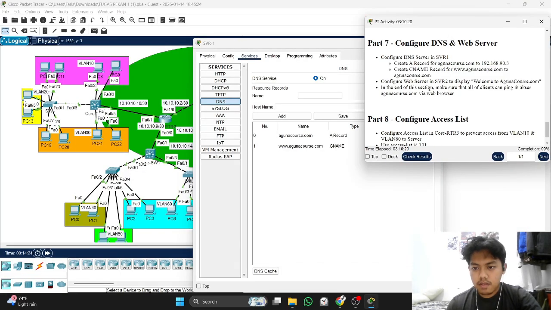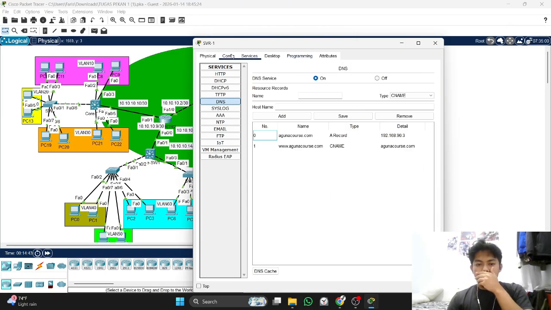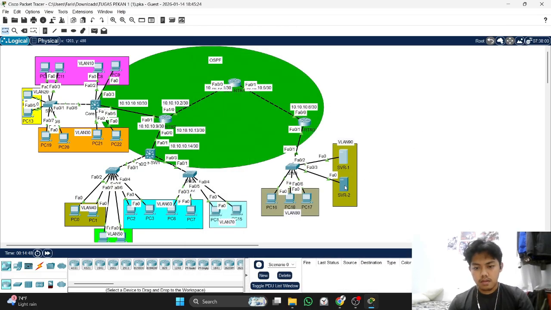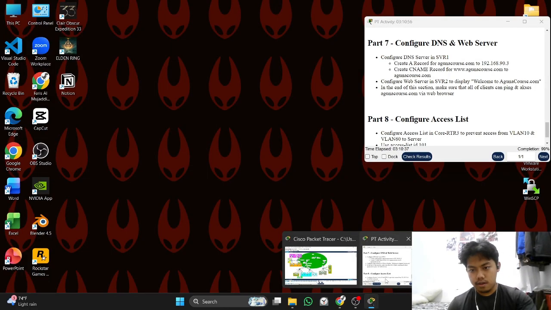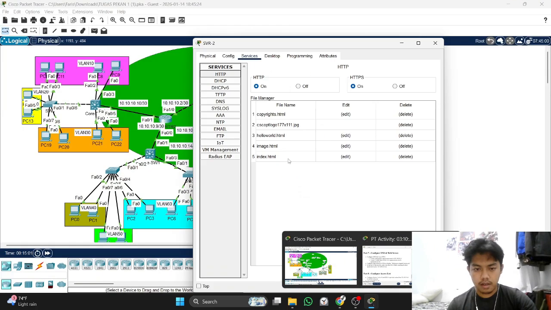check the task. Configure web server in server 2 to display welcome to Aguna course. Okay, we copy it first. Okay, we go to the server 2 and go to service and HTTP. The service is for web server.